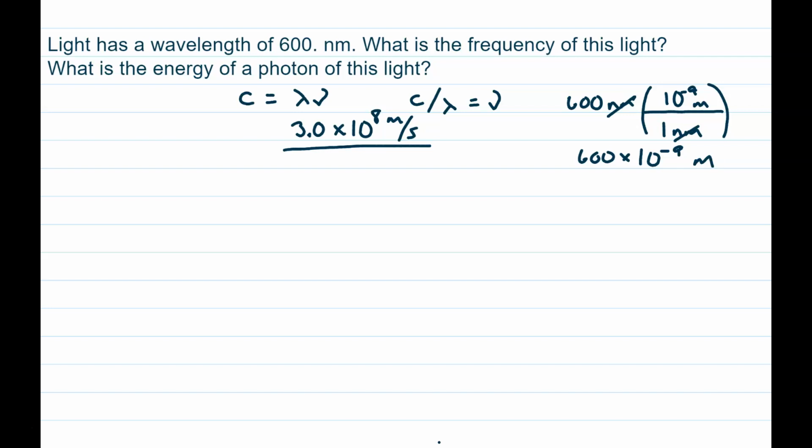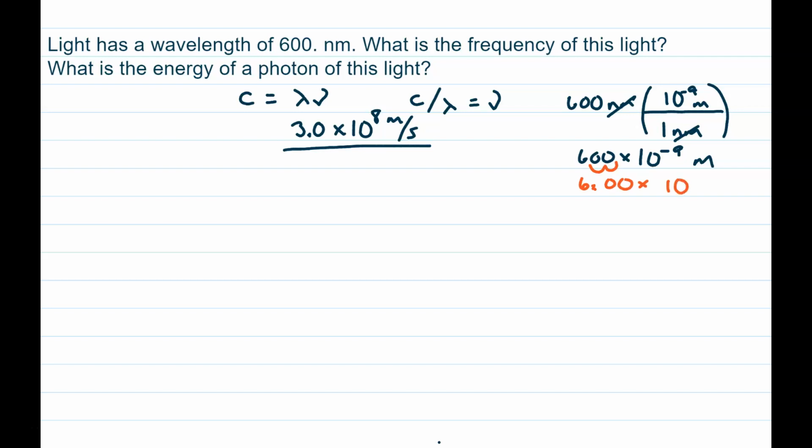And if I were just going to plug this directly into a calculator, I might leave it that way because the calculator doesn't care if my scientific notation is pretty. But if I'm going to do it by hand, it's nicer to have it in better scientific notation. So that would be 6.00